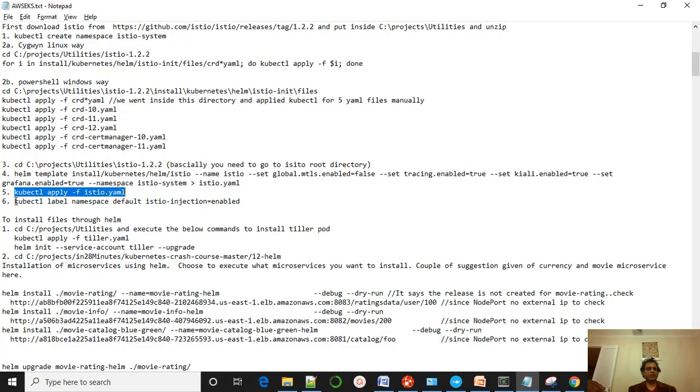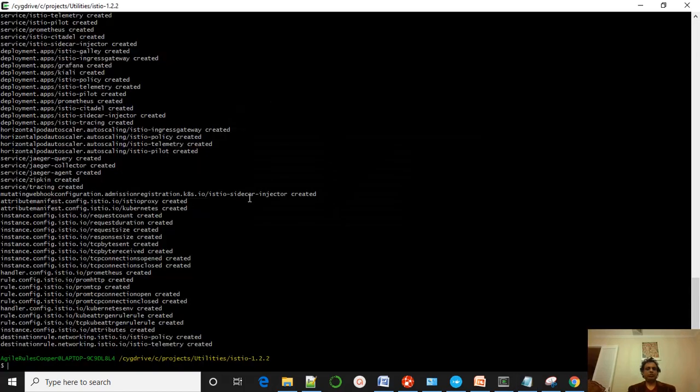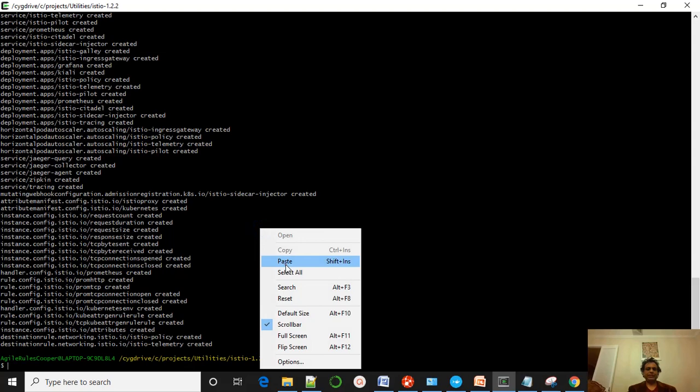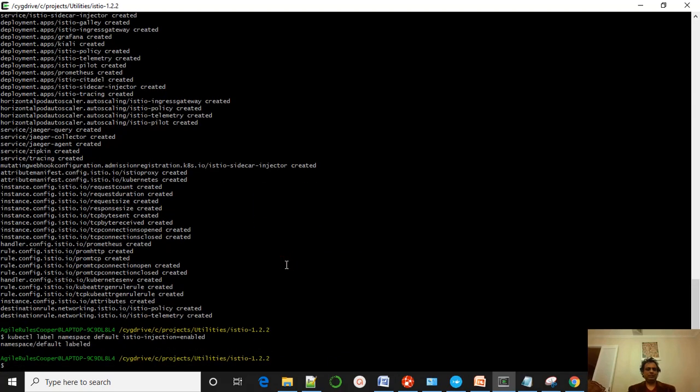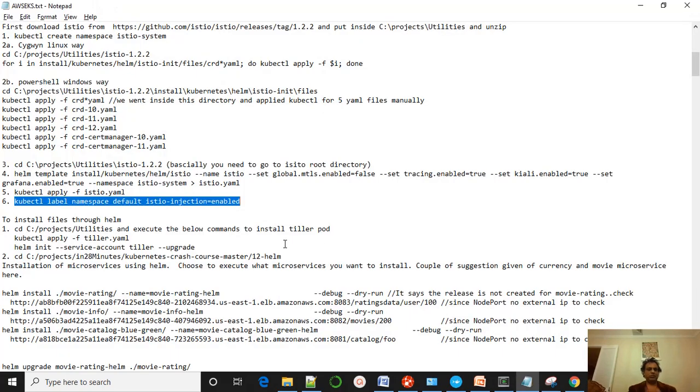And now this command is saying, for any pod I install, let the Istio injection also be enabled so that the sidecar pattern is there for all the microservices we are trying to install. Okay. So now,